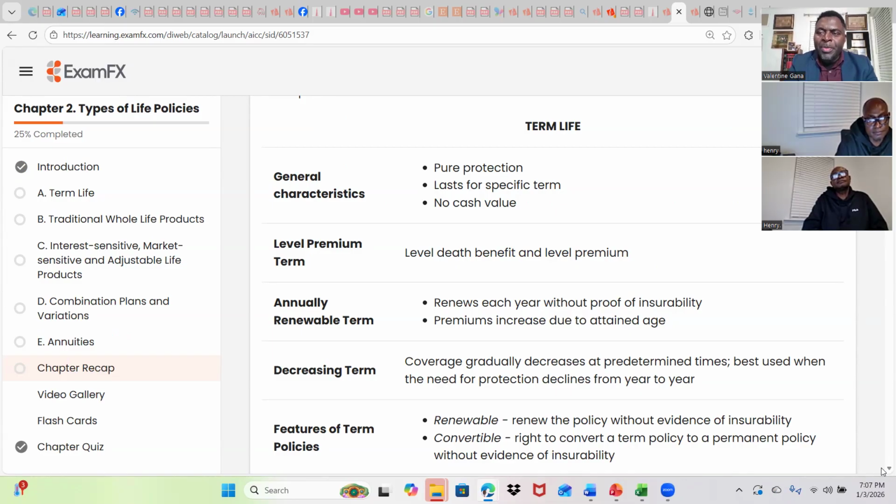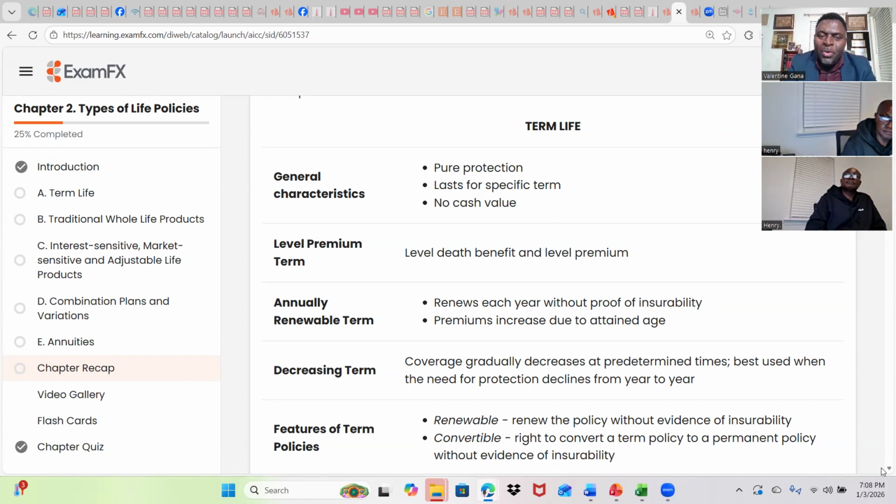We also deal with whole life. We can write people whole life, but whole life is sort of old school. It accumulates cash, and it grows by about 2% a year. It doesn't have as many benefits as universal life. Universal life is really what you want to have. So we do term, whole life, and universal life. There's also term with living benefits. We can market a term product that has critical illness and chronic illness as riders on it. But again, that's for a limited duration of time.